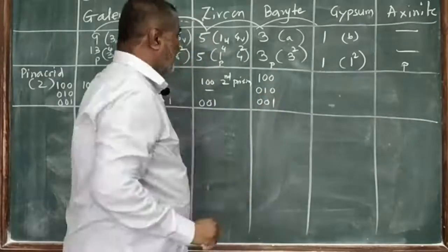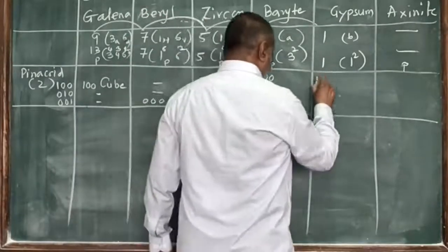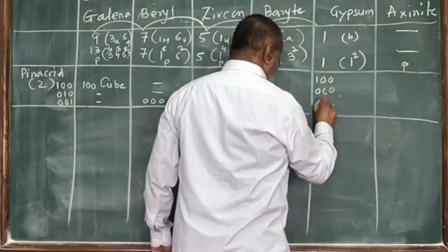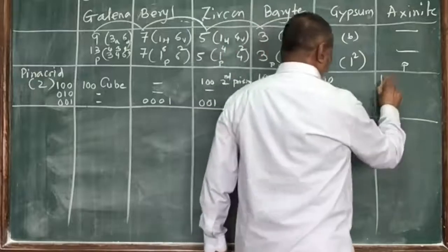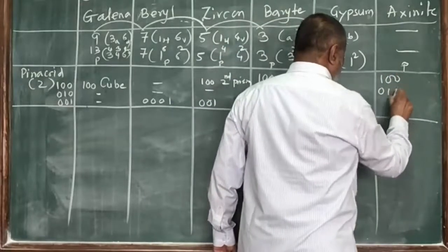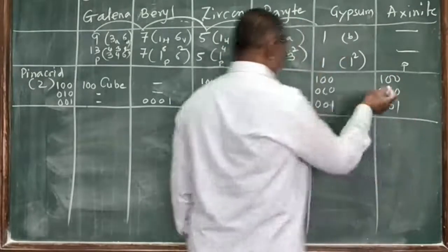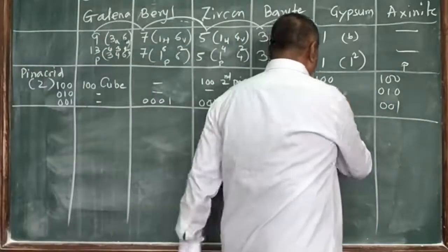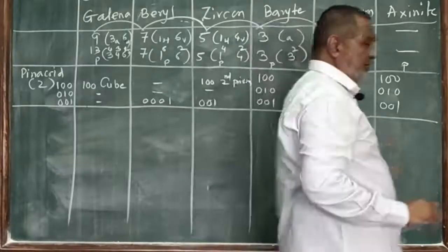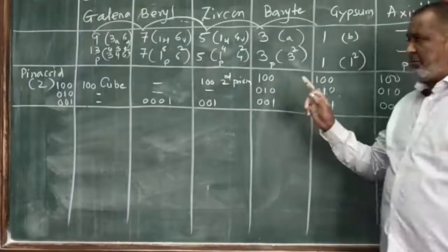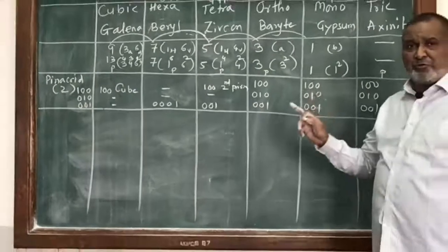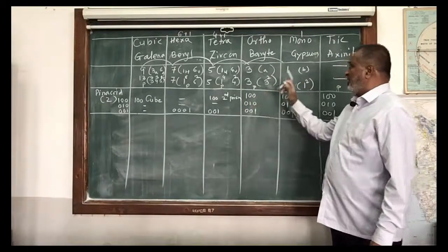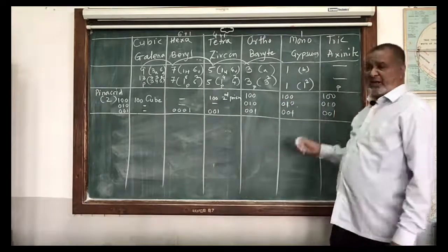These are there. Again in the monoclinic system, 1 0 0, 0 1 0 and 0 0 1, all they are there. Here also 1 0 0, 0 1 0, 0 0 1. So this is the way we have at a glance the forms, particularly pinacoid, a pair of two similar faces: cubic system, hexagonal, tetragonal, orthorhombic, monoclinic and triclinic.